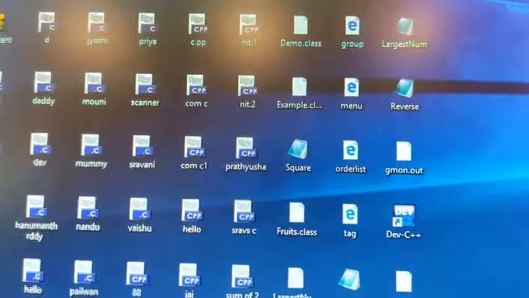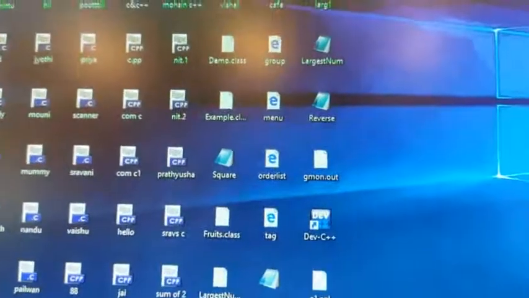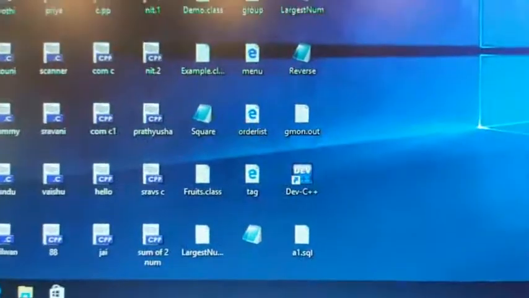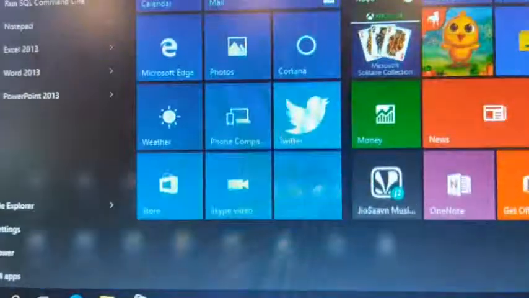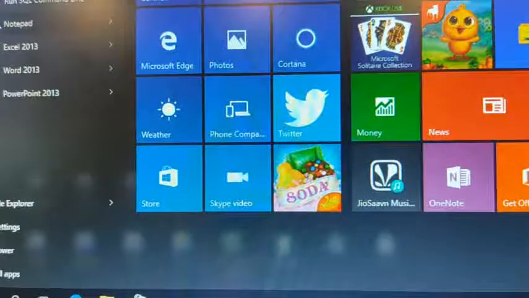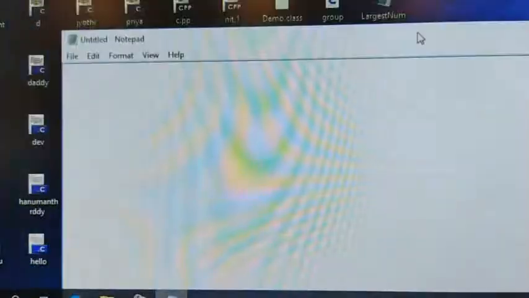Just click here and select Notepad. This is the Notepad editor. Here you write the selectors.